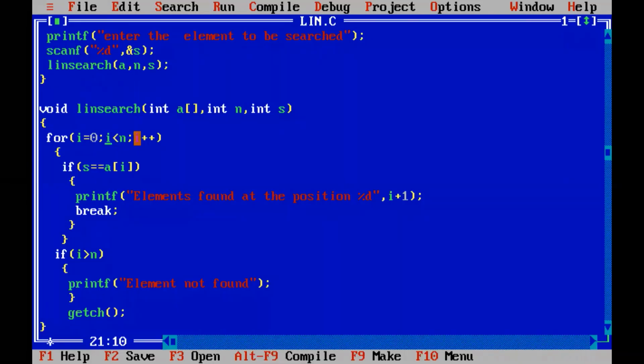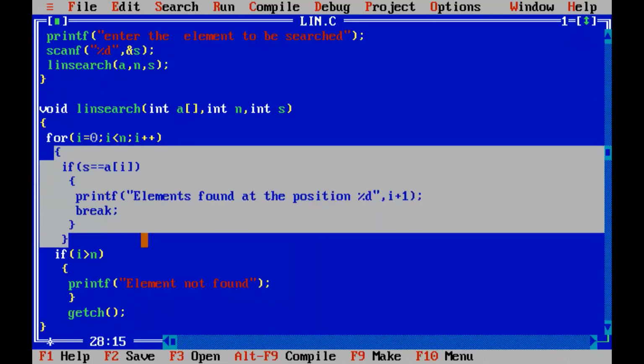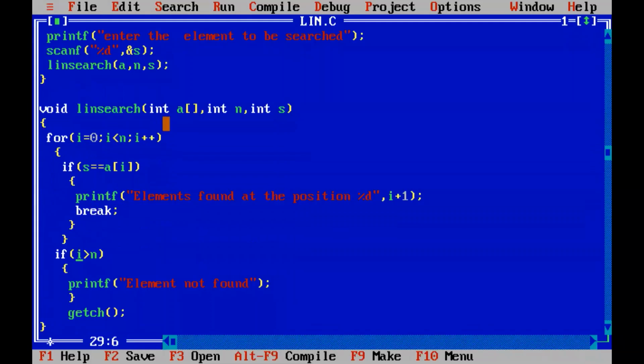So 5 is not less than 5. In that case, it will come out of this for loop. When it comes out of the for loop, I value will be 5. So here, n value is 5 and I value is also 5 when it comes out of this for loop. The checking is if 5 is greater than 5. 5 is not greater than 5. It will not become 6, because the condition to come out of this for loop will be when I value is